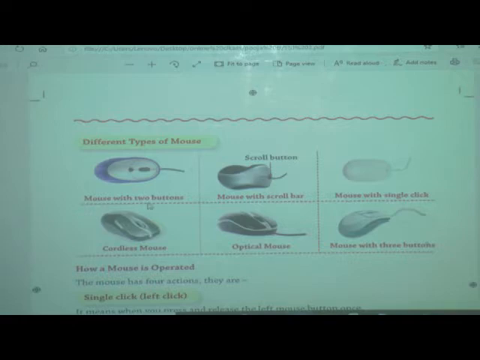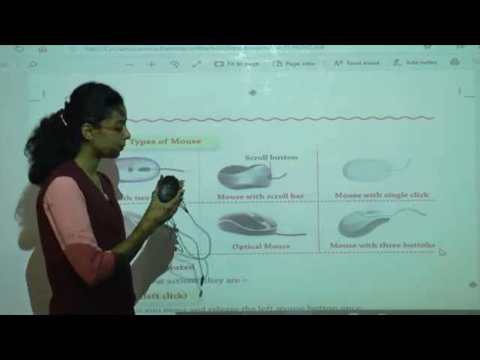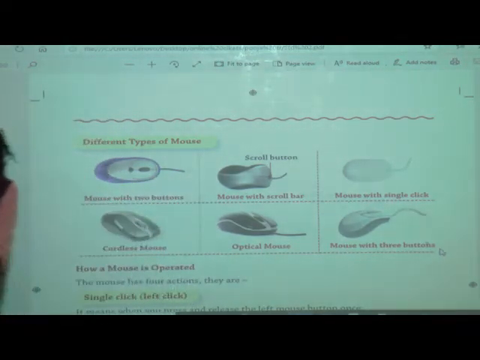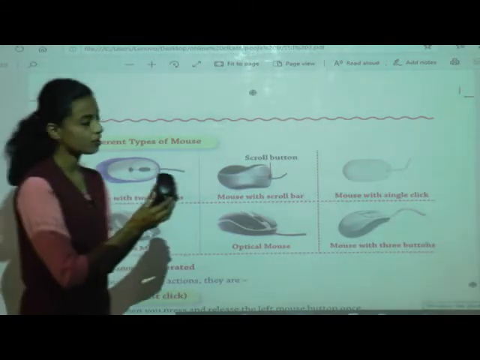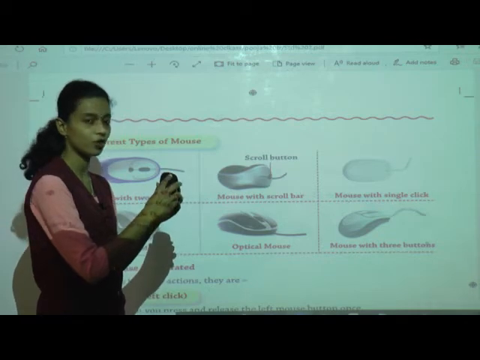First is a mouse with 2 buttons, mouse with scroll bar, mouse with a single click, cordless mouse, optical mouse and mouse with 3 buttons. This is a wired mouse. It has 3 buttons. This is a cordless mouse. It also has 3 buttons: left button, right button, scroll button.